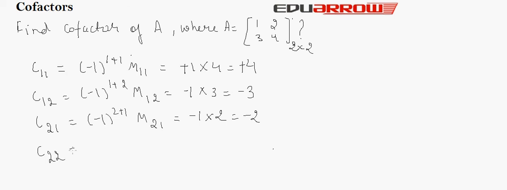C of 2 2 is equal to minus 1 to the power 2 plus 2 into M of 2 2, which comes out to be 1 into M of 2 2, which is 1. So the cofactors of matrix A are this, this,